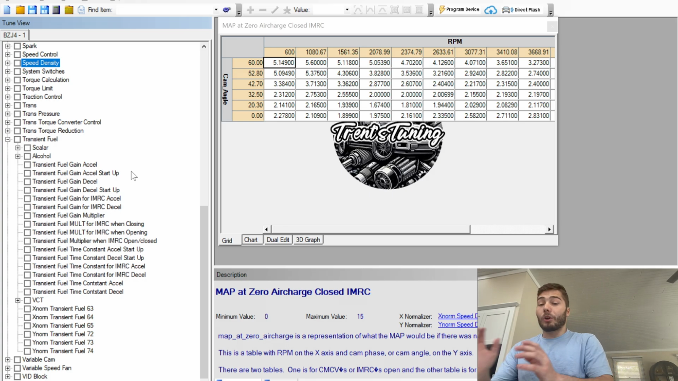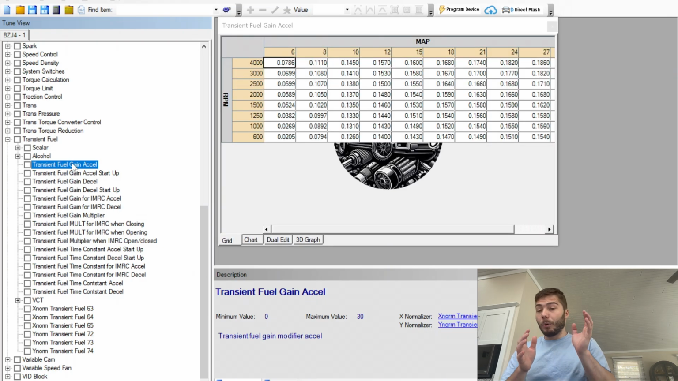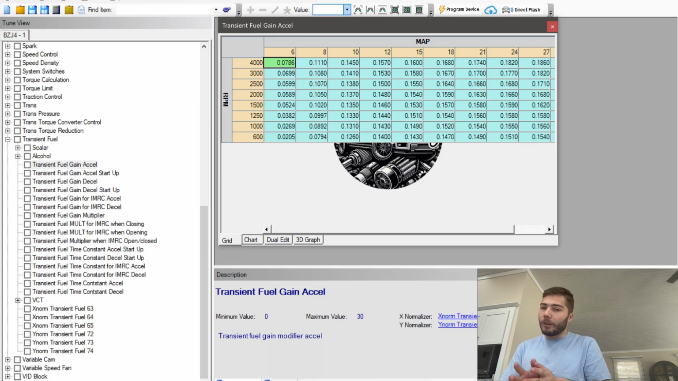But the correct way to do this, if you need more fuel on tip in, go to your fuel accel, not the startup, but your normal transient fuel accel, and select your whole table and add 5. I'd start little with these. If you're starting little and you're not seeing any effects, then go a little bit more, but don't ever go more than 10 to 20% at one time before you flash tune and then test it. Personally, if you're doing it the correct way in the transient fuel section, I do about 5% at a time. So select the whole table, add